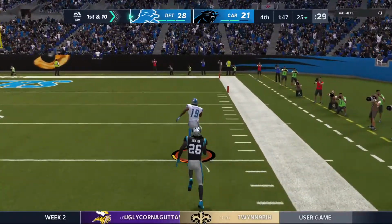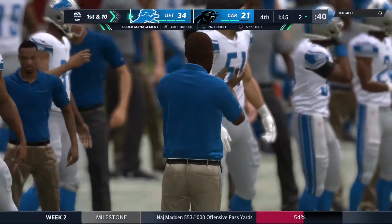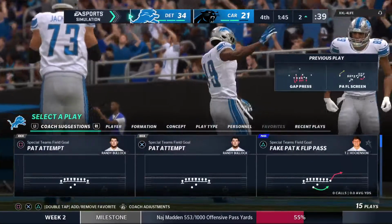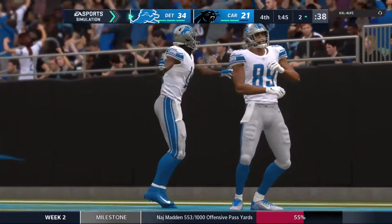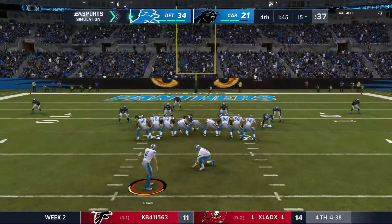Rashad Perriman off to the races. Touchdown, Detroit. Rashad Perriman, his first touchdown here of the new campaign. And the Lions add on to their lead. Randy Bullock lining up for the...